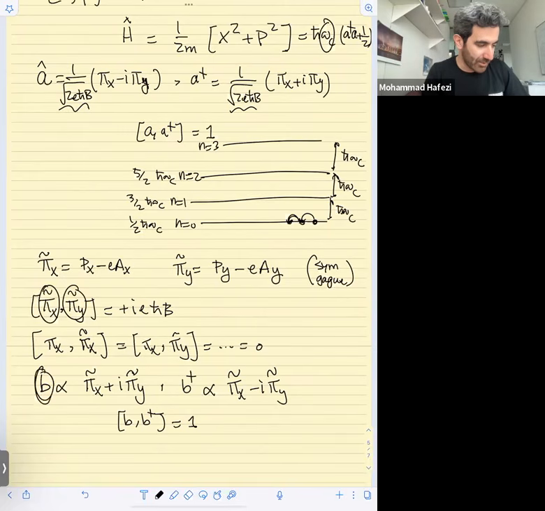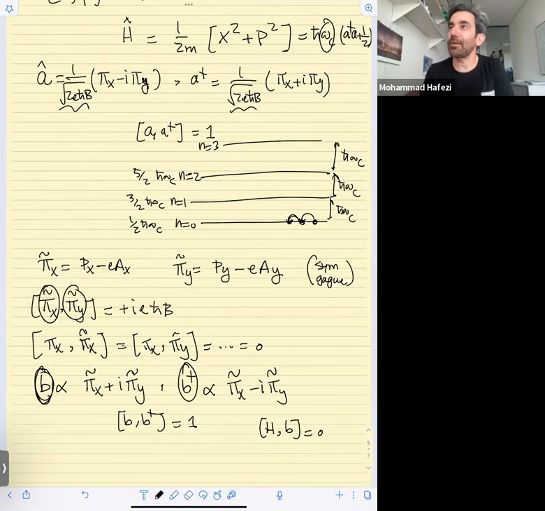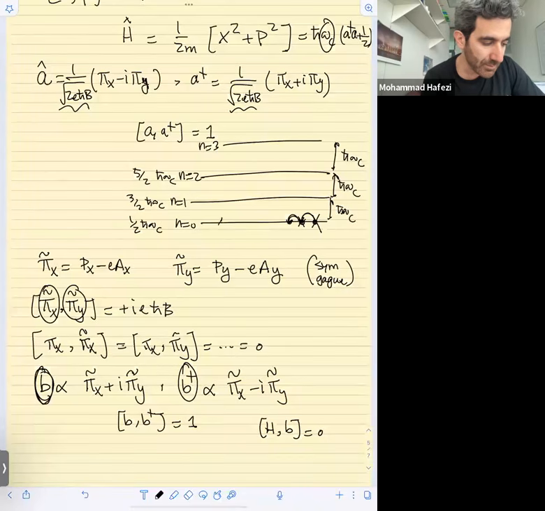Now, what is amazing about this B operator and the B dagger operator is that they commute with my Hamiltonian. What does that mean? It means that it does not change the energy of the system if I apply them to my state. So imagine that I have one state over here. I apply the B operator, I will get another state. These are these n, m states that we would like to find. If I apply a B dagger, it does not change the Hamiltonian of the system,